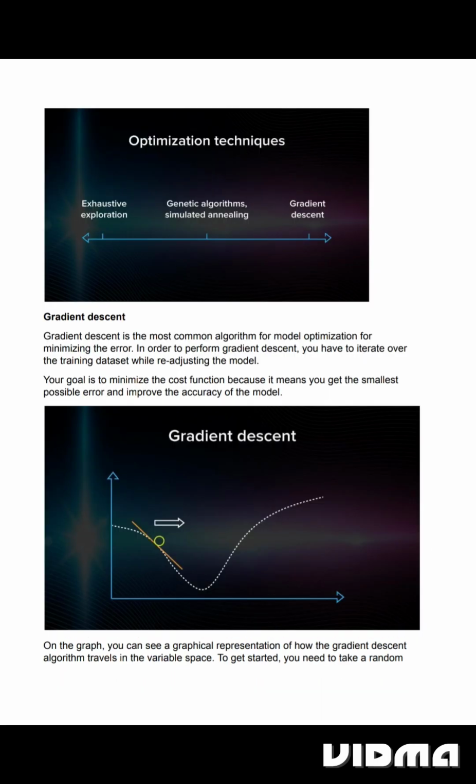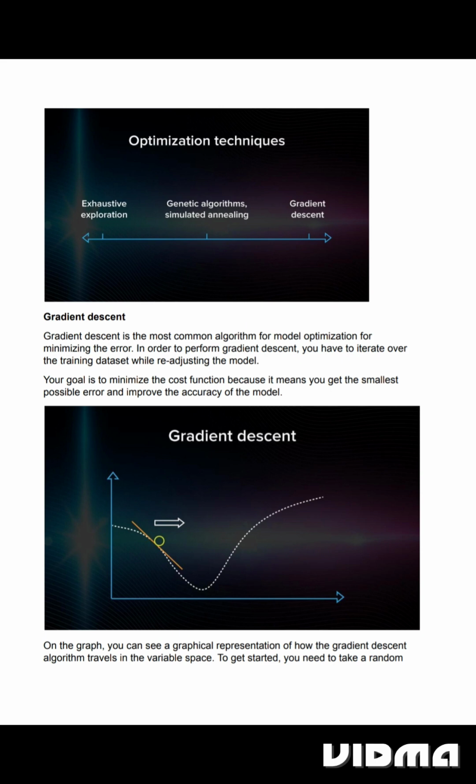Gradient descent is the most common algorithm for model optimization for minimizing the error. In order to perform gradient descent, you have to iterate over the training dataset while readjusting the model. Your goal is to minimize the cost function because it means you get the smallest possible error and improve the accuracy of the model. On the graph, you can see a graphical representation of how the gradient descent algorithm travels